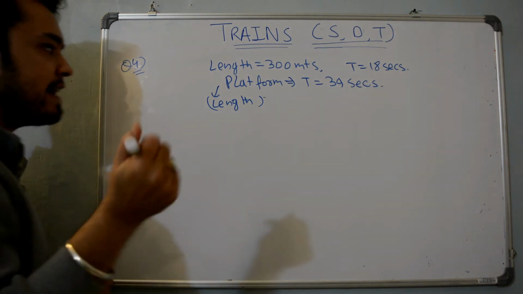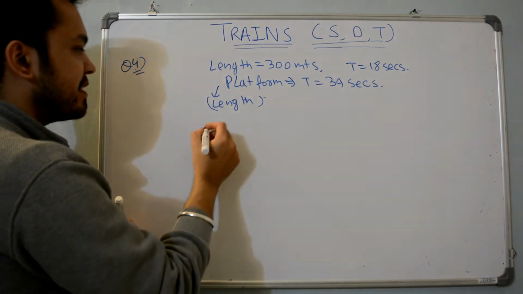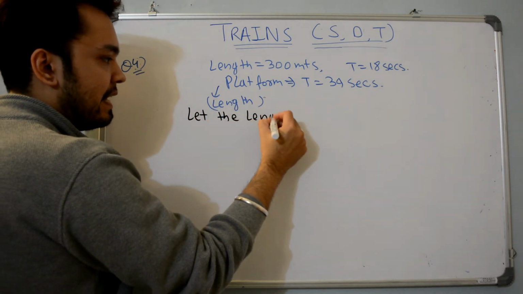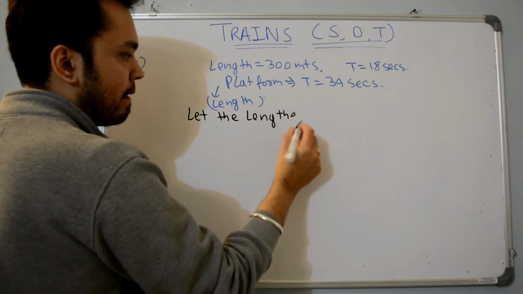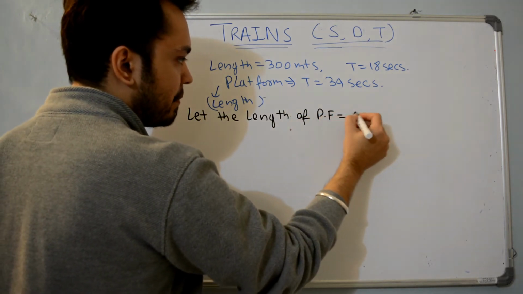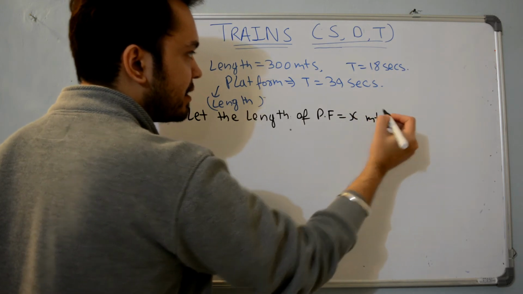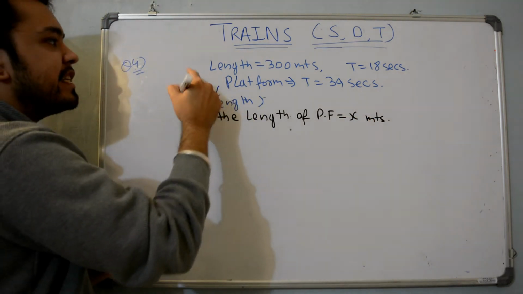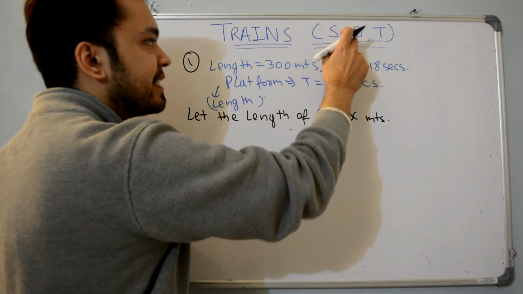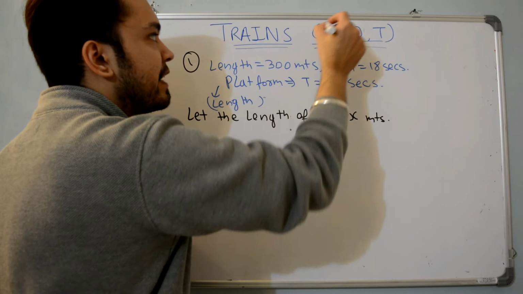Again, what you have to find out, let it be x. So let the length of the platform be x meters. Again, using our first case, we are given the length, that is the distance, and we are given the time. So we can